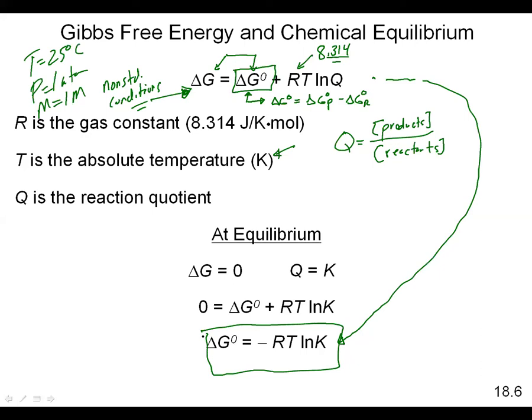So these are the same values as what we see above. R is the gas constant, the 8.314. T is the temperature in Kelvin, and K is, again, the equilibrium constant. So again, these two equations you do need to know. And just like all the other equations,